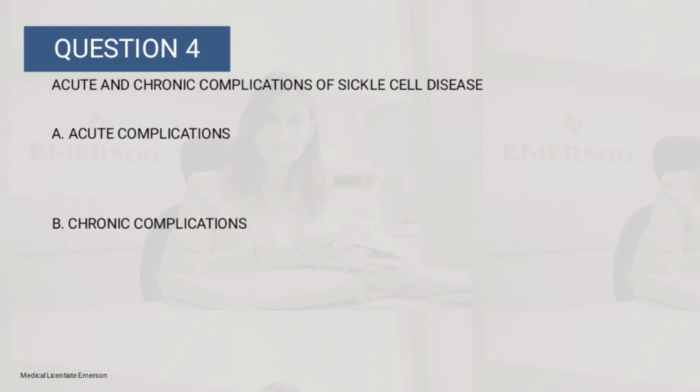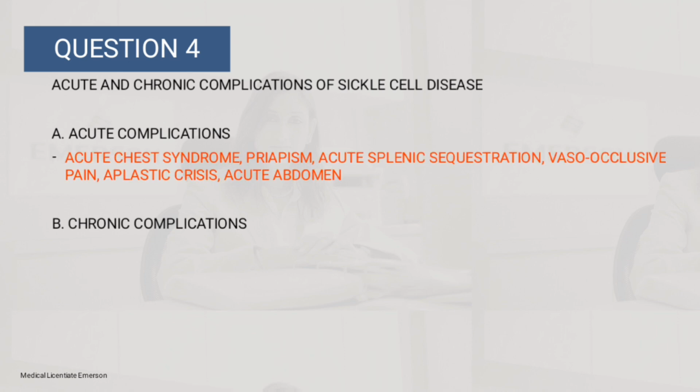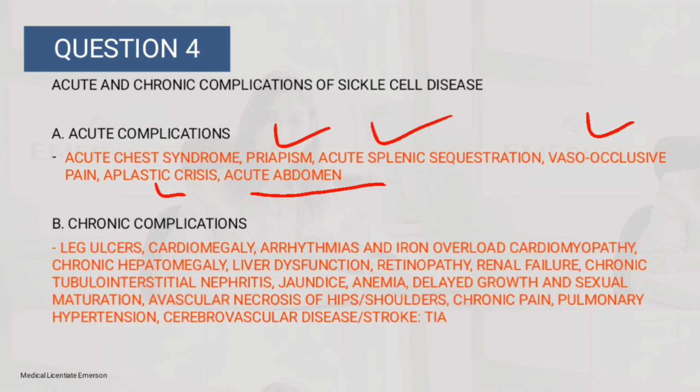Question 4 is saying acute and chronic complications of sickle cell disease. So what are the acute and chronic complications of sickle cell disease? Under acute, we can have acute chest syndrome, priapism, acute splenic sequestration, vaso-occlusive crisis pain, aplastic crisis, and acute abdomen. Then under the chronic complications, we can have leg ulcers, cardiomegaly, arrhythmias, and iron overload cardiomyopathy,